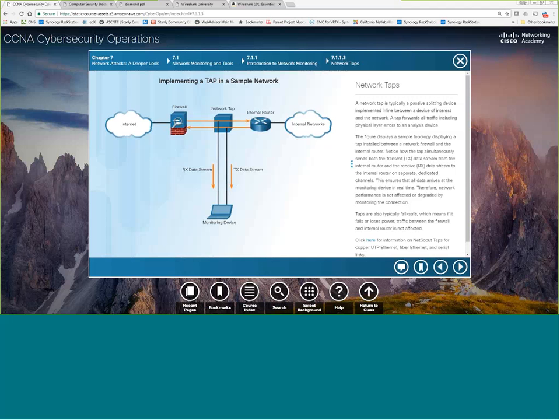But this is a monitoring device, but this still is not perfect, because with this, again, I'm only seeing the traffic coming into and out of the network. I'll give you a great example of something that was just really neat that one of my guys found the other day. He's running a virtual Palo Alto firewall, and he put it in his network.